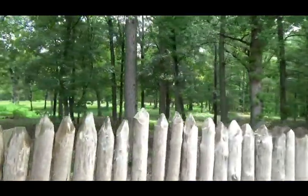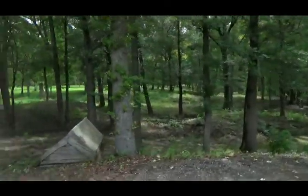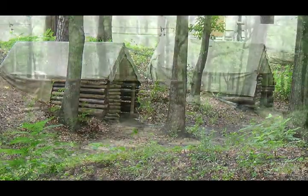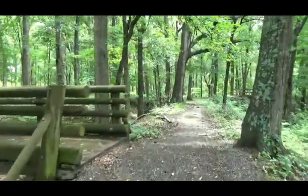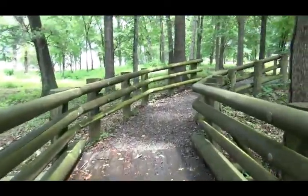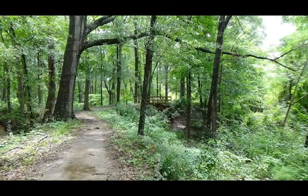This was the only Civil War prisoner of war camp this side of the Mississippi or something. It was just fascinating, and once again, it's free. It's just open, and you can walk back up in there and get a feel for it. This is Texas, and it was muggy, and there were mosquitoes, so you get an idea of maybe what the conditions were like. Yes. I was disappointed that it had rained so much. This part of the trail was fine, but...